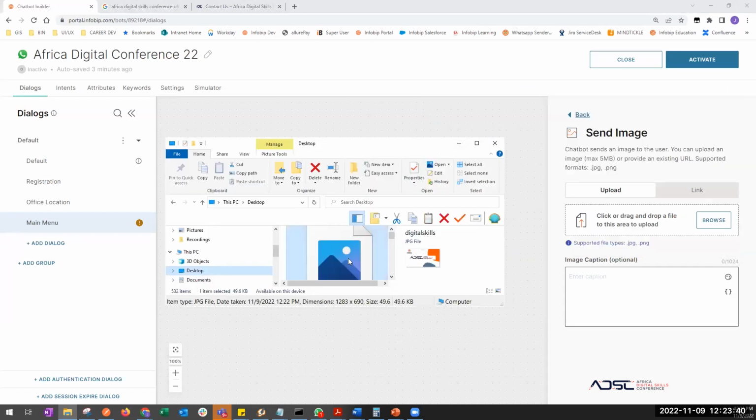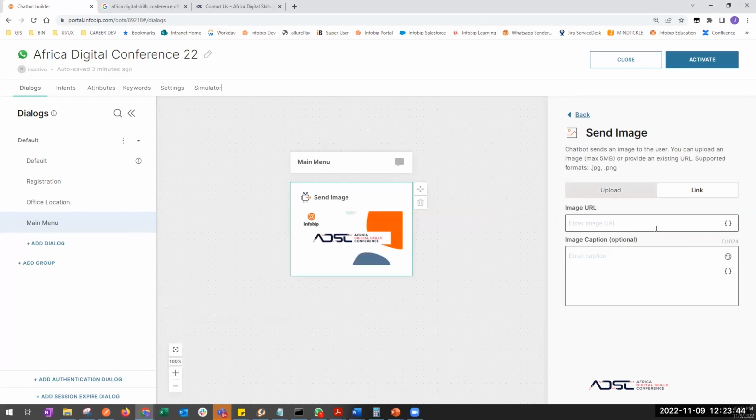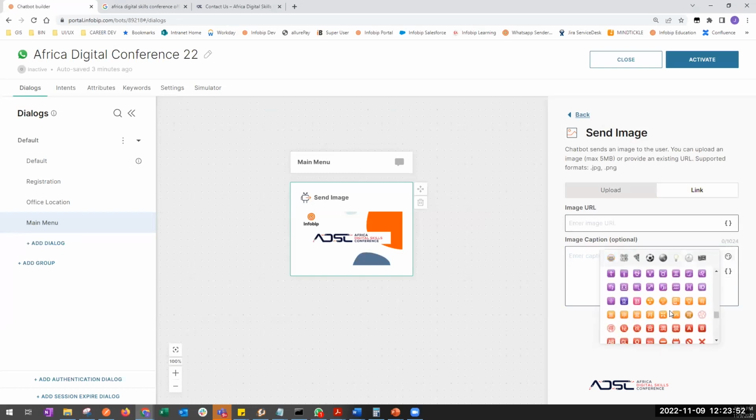All right, so I'm going to drag and drop it here. Instantly, it gets loaded. Then you can enter your details. So for example, I can select a menu here, say